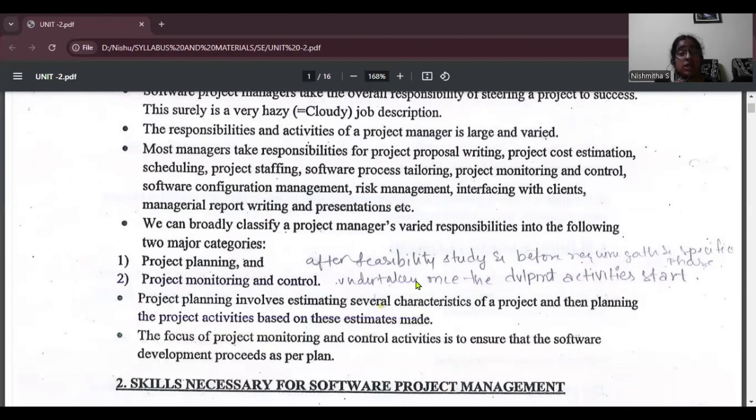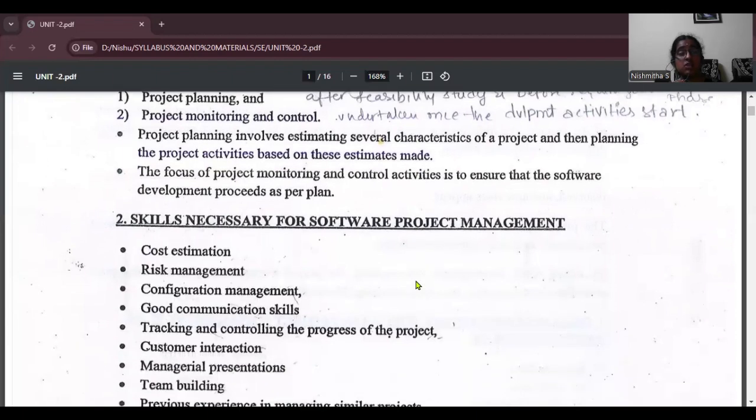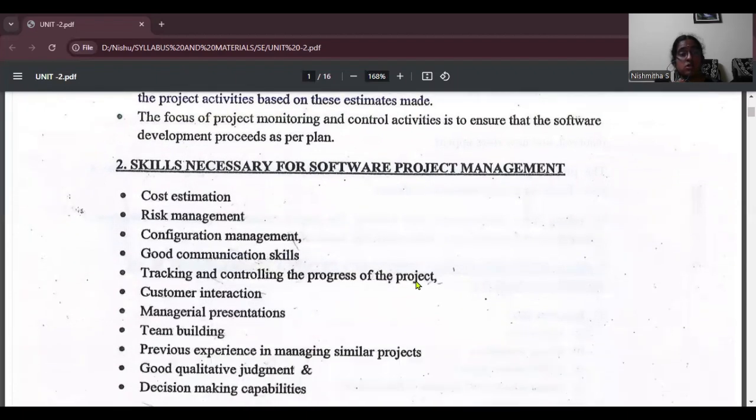In project planning, it involves estimating several characteristics of a project, that is, how much cost is needed, what type of code is to be written. Based upon the different activities, the project manager must estimate depending upon the category. The focus of project monitoring and control activities is to ensure that the software development proceeds as per the plan. Now, there are some skills which a project manager must have to lead a project, that is cost estimation,